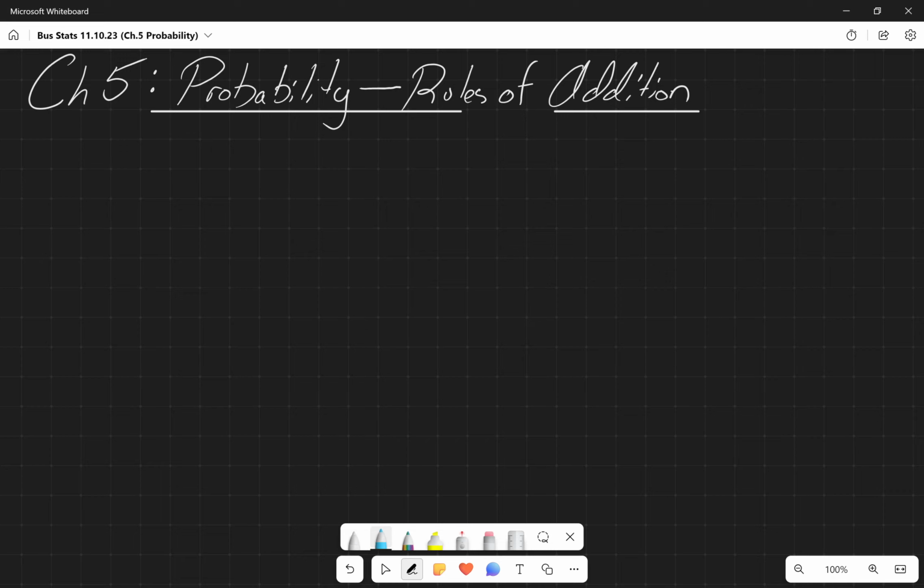So when we're talking about probability, we have a bunch of special rules. And so the first rule we're going to talk about here is our rule of addition. So our special rule of addition is as follows. The probability of A or B happening in the context of A and B being mutually exclusive, right? So we have to put that over here, that events